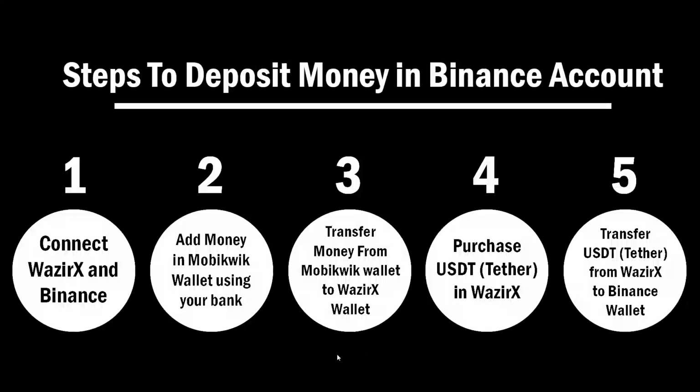The first step is to connect your WazirX and Binance accounts together. The second step is to add money in your MobiKwik wallet using your bank. The third step is to transfer money from the MobiKwik wallet to the WazirX wallet. After that, you have to purchase USDT, which is a cryptocurrency, also known as Tether. You have to purchase this USDT in your WazirX, and after that, you have to transfer that USDT from WazirX